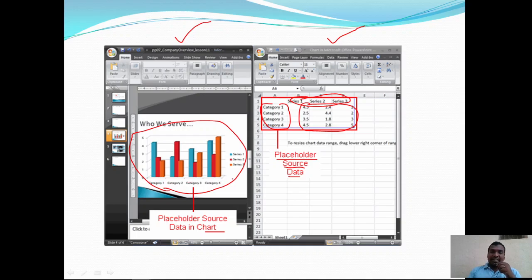I already told you in the charts topic, while discussing the Microsoft Excel application, that we have legends. We use legends to differentiate various data colors. Here we are using three colors, so this is called a legend. These are the categories on the x-axis, and these are on the y-axis. Any update that is done in the source data is going to be reflected in the diagram automatically.